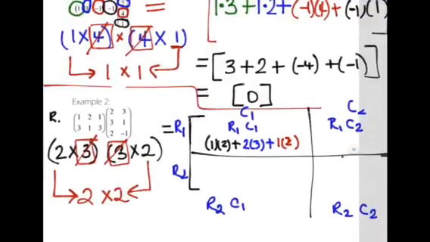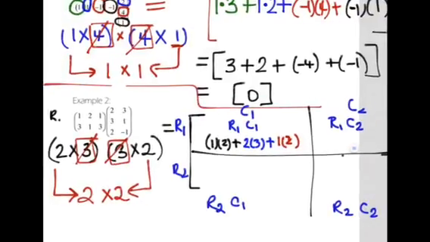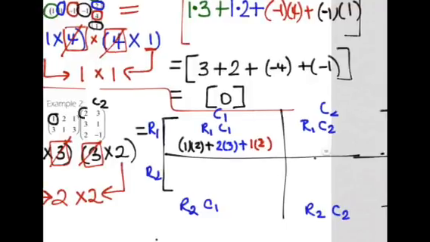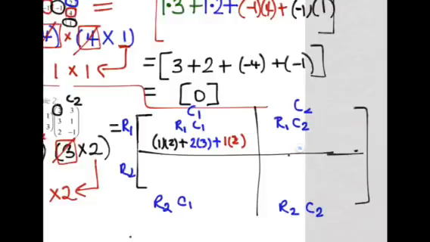So that's row 1 still, and that will get fed through column 2. So the first thing in row 1 goes to the first thing in column 2. The second thing in row 1 goes to the second thing in column 2. The third thing in row 1 gets multiplied by the third thing in column 2. And it goes in the block labeled row 1, column 2. So the 1 gets multiplied by this 2. 1 times 2 plus